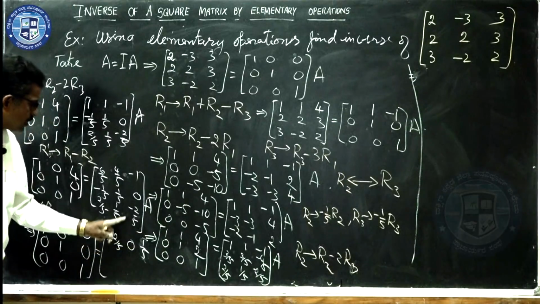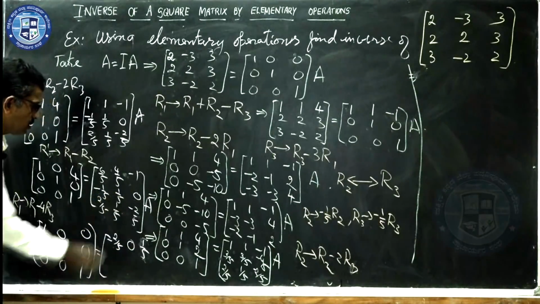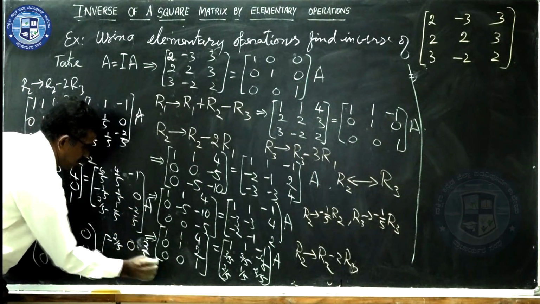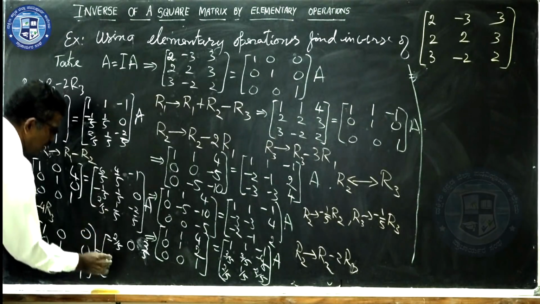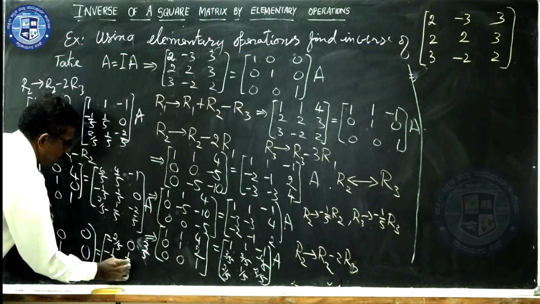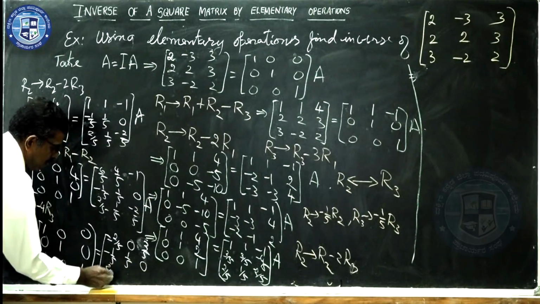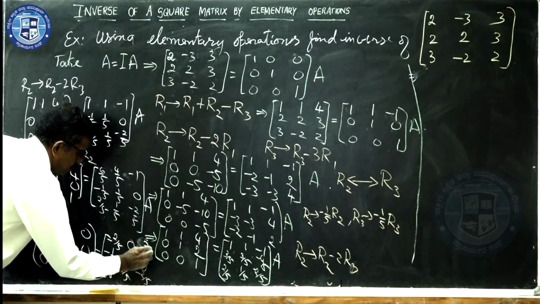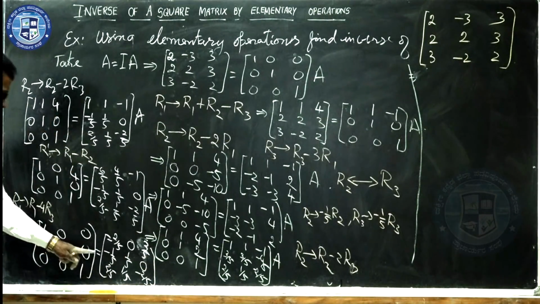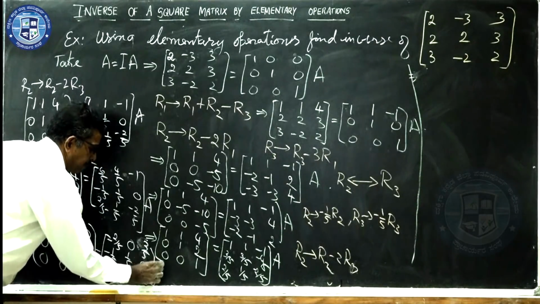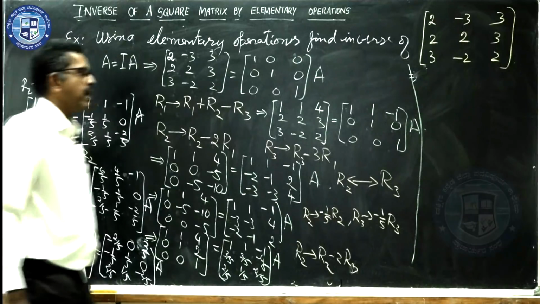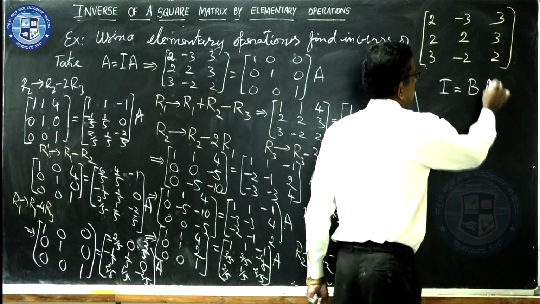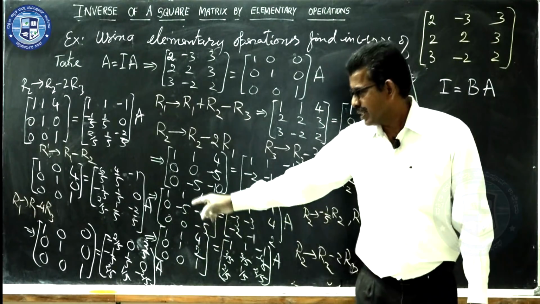What do you expect here? The very first element here, minus 1 plus 8 minus 3, it is 3 by 5. Next, the remaining elements will be same. Minus 1 by 5, 1 by 5, 0, 2 by 5, 1 by 5, minus 2 by 5. So, little congested because it is a 3 cross 3 matrix. This into A. So, what is the left hand side? Left hand side is identity matrix. Identity matrix, I treat that as B into A. It is nothing but B into A.